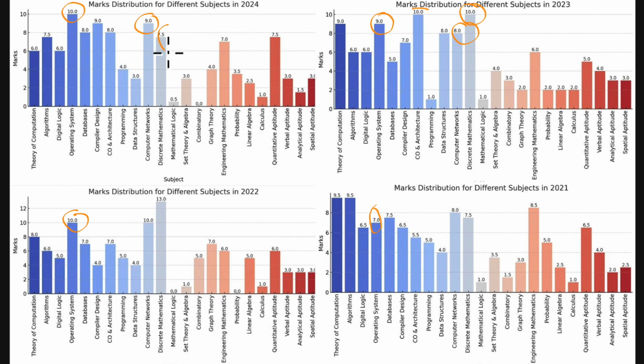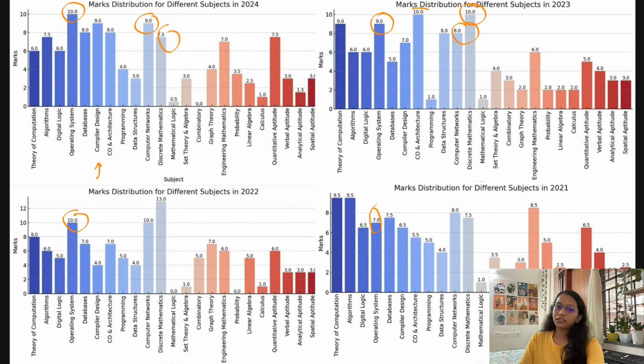Okay, so there is a trade-off. If you try to cover subjects like operating system, computer networks and discrete mathematics, they will take a lot of time to cover, but the weightage is also very high. But subjects like compiler design and digital are easy to cover and take less time, but their weightage is also less. So you can decide accordingly which subjects you can cover and which subjects you cannot.